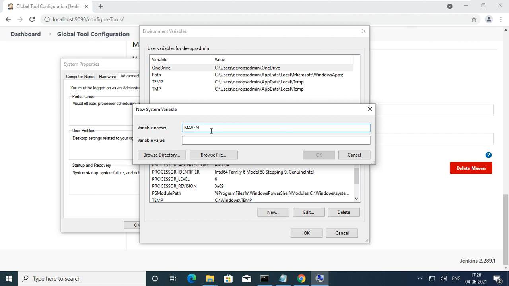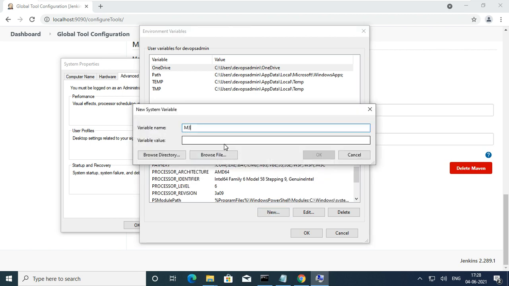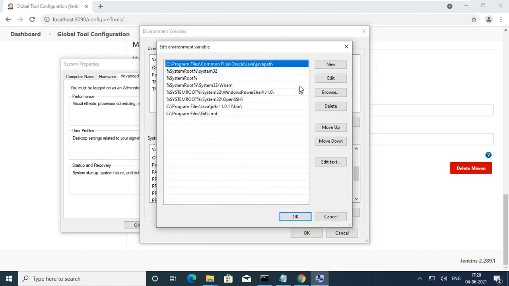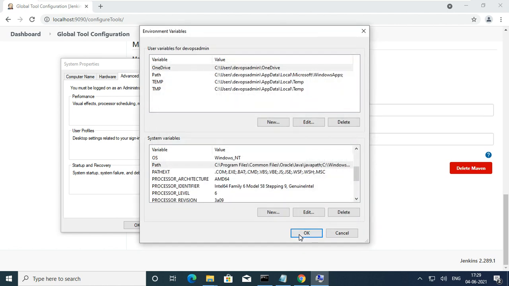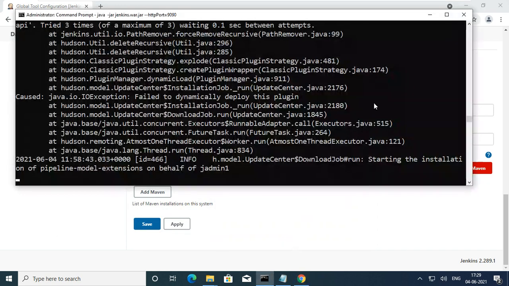Then the location, like this you can give. Different ways are there, but in the path I'm giving the complete path, with the bin folder. So I gave the location of your application.